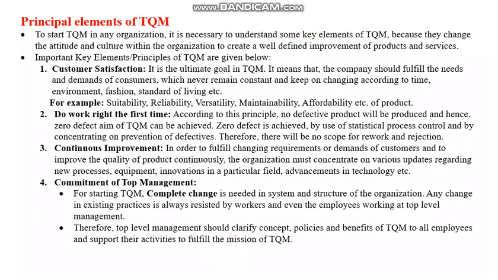So this is a continuous endeavor. It should be the continuous endeavor of the company to satisfy the customer. You see, for example, suitability, reliability, versatility, maintainability, affordability, etc. of the product, the customer has some expectations on this basis,